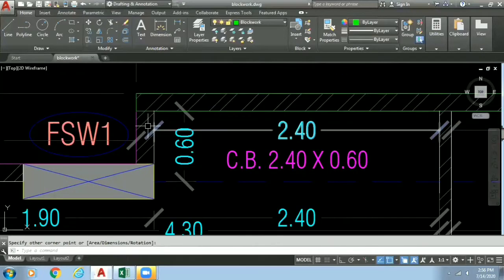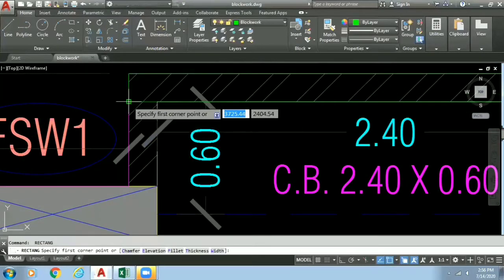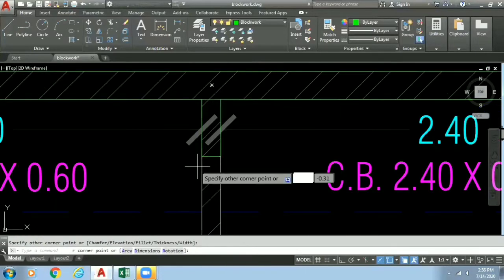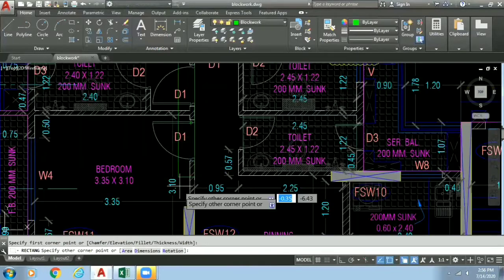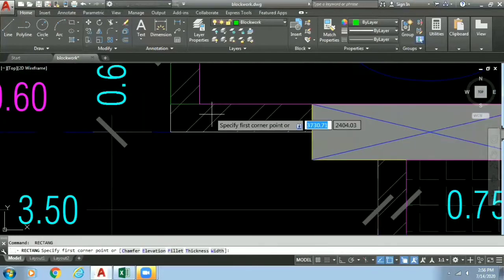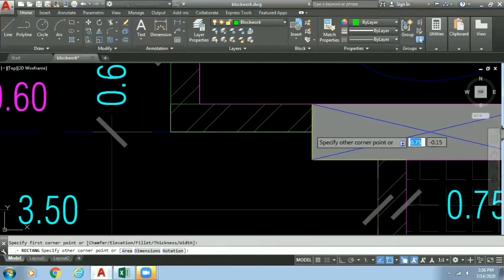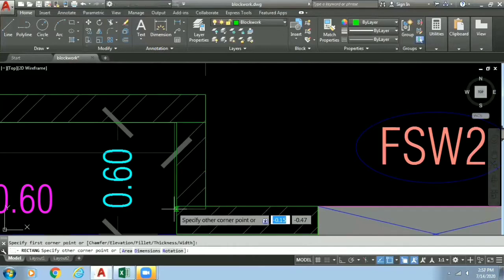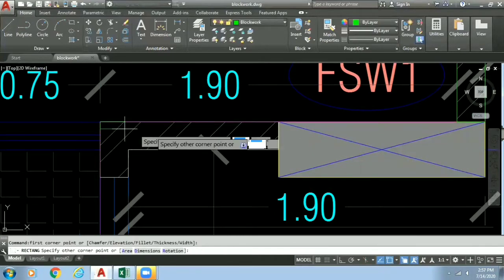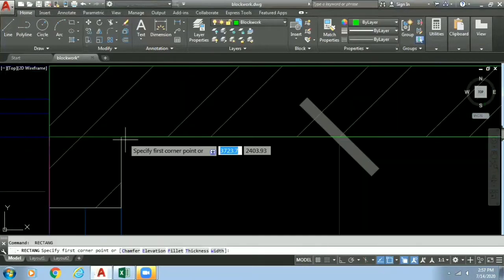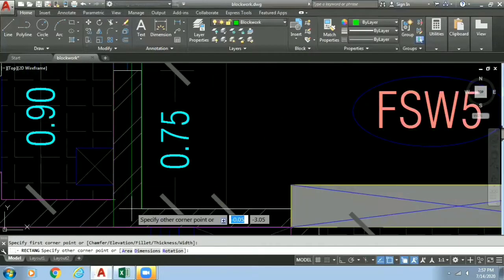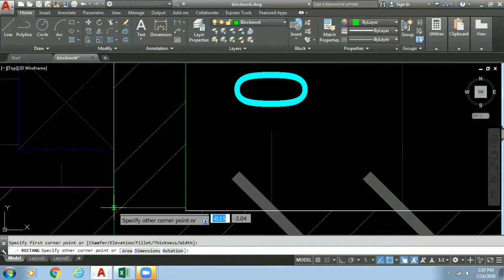This becomes one of my walls. This becomes a wall. This is a complete continuous wall. I am making rectangles in continuity with walls. This becomes our wall. This will become one of our walls. So in this way, you have to make complete walls. You can see I'm making rectangles to depict our walls irrespective of their sizes. I'm just using rectangles to make complete walls.